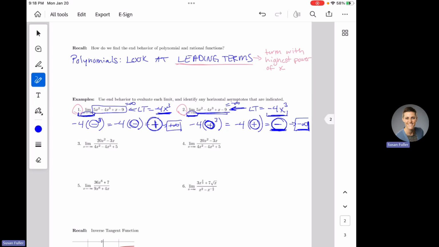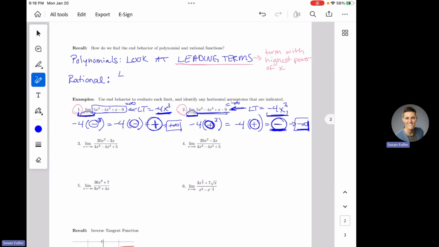Okay, how about rational numbers? A rational number is a fraction, right? We've been working with those, something like this, where we have a polynomial on top and a polynomial on the bottom. Well, because we've got polynomials on the top and the bottom, leading terms tell us what happened with polynomials. Now with rationals, we just have to be careful because I have a leading term on the top and a leading term on the bottom, and they're going to fight with each other.